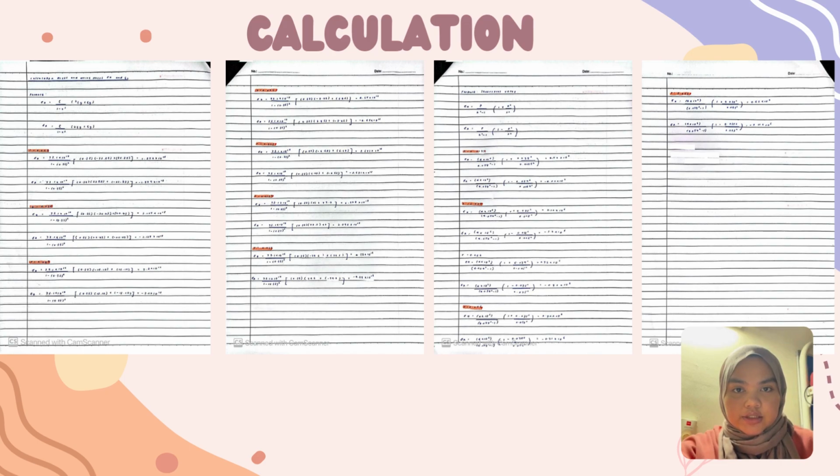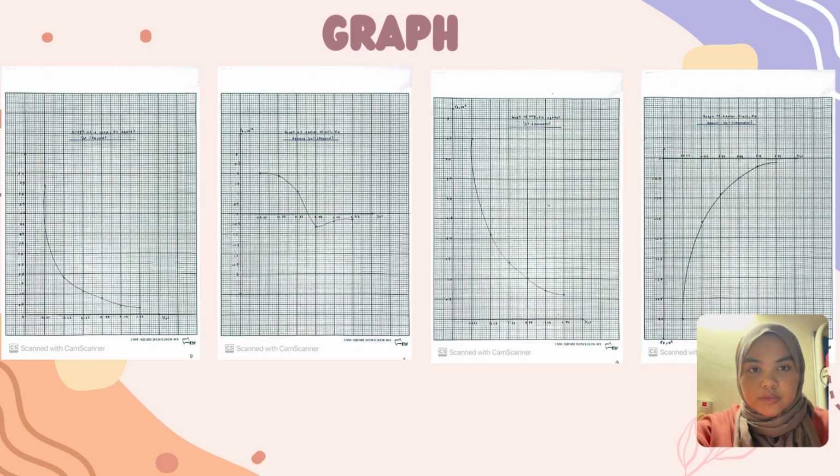Next, this is the calculation of stress and derived stress. Also, the calculation for the theoretical value based on the formula. As for the graphs, there are four graphs to compare the experimental result with theoretical values, which is the graph of hoop stress against 1 over r square, derived and theoretical, and the graph of radial stress against 1 over r square, derived and